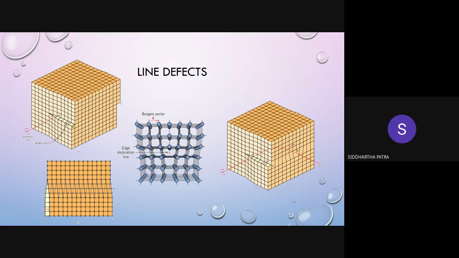Now, if you imagine this entire crystal structure, the edge dislocation is denoted by that red perpendicular symbol right there. So on top of that, and if you go infinitely at the bottom of that, you would be seeing that